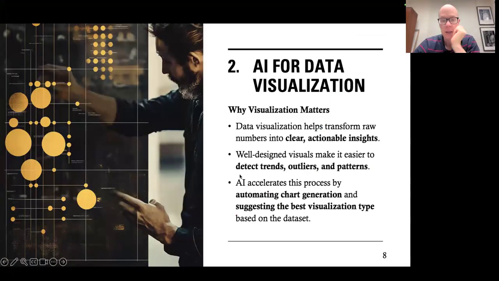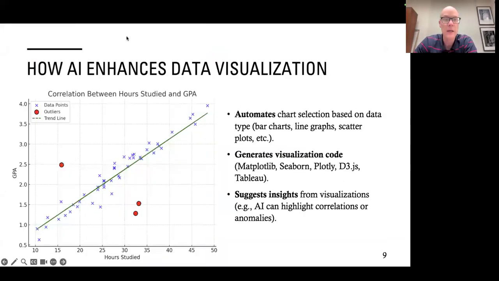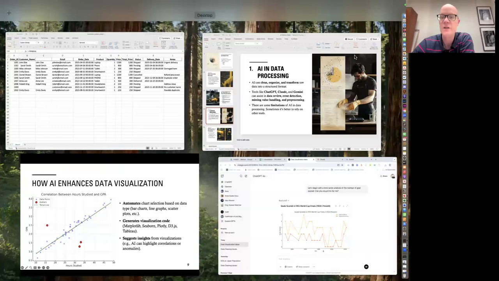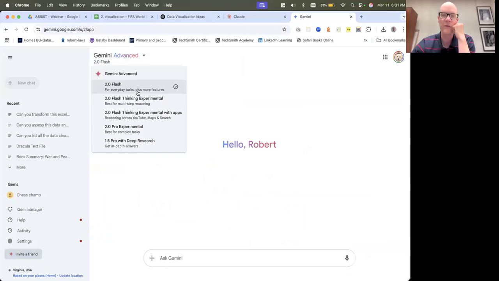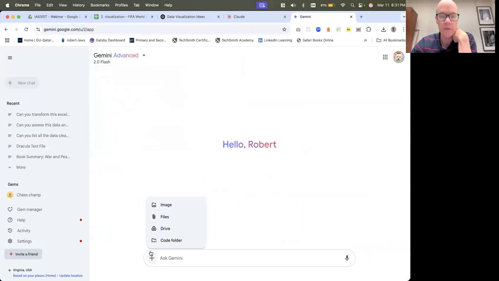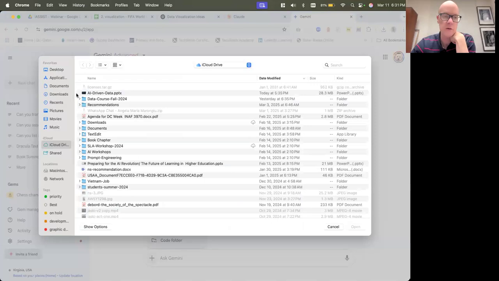Let's move on though. So what we're doing there is we're basically able to take our data and do this. Now, this is one that I didn't show, but I'm actually going to bring this up into Gemini. One thing I want you to see here is that you have all our data points, but we have outliers here, and it's visualized differently. Now, this was done in ChatGPT. I want to see if Gemini could also handle that. So I'm in Gemini now, and the one I have to use for this is 2.0 Flash because it can take data files, whereas some of the other models cannot.